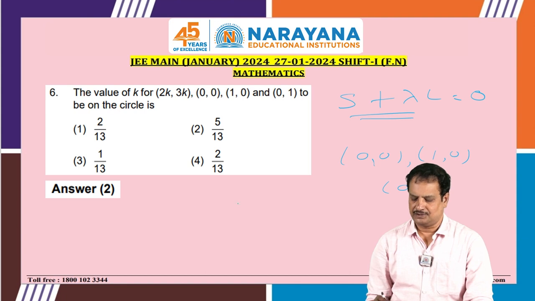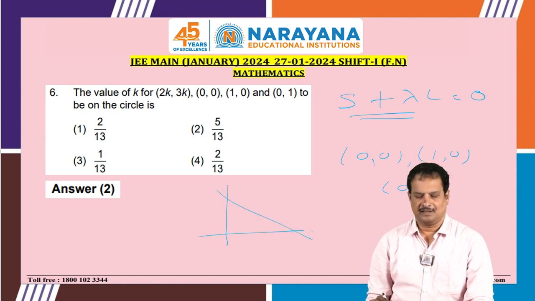What is the equation we are going to use? You can clearly see that these are actually forming a right angle triangle. This is 0, 0. This is 1, 0. Here we have 0, 1. So since it is a right angle triangle, the circle passing through these 3 points will have this one,